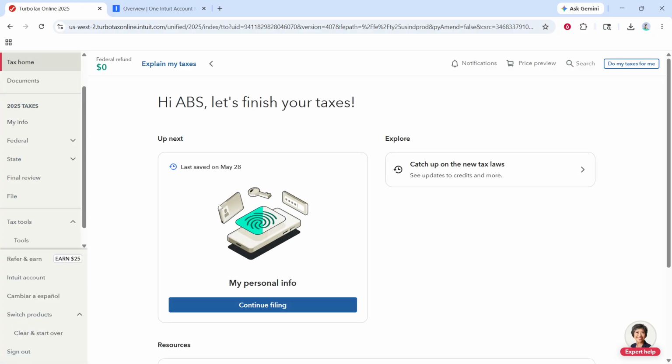is active. You should see the updated plan name reflected there. From here, resume your tax return and continue through the filing process as usual. Your forms and progress will reflect the features of the plan you selected, and your final pricing will update at